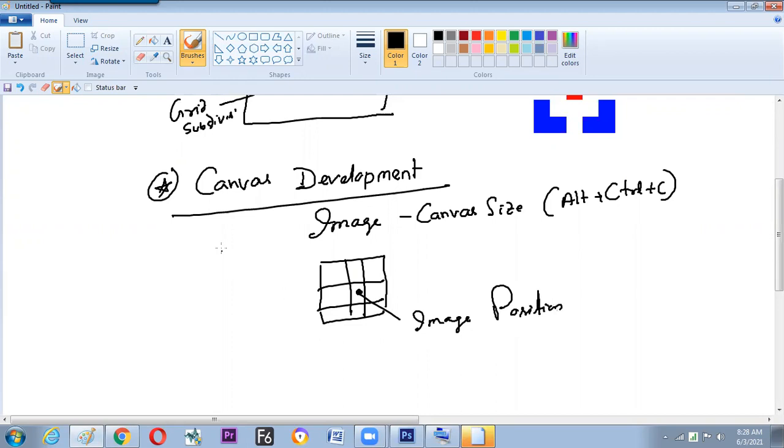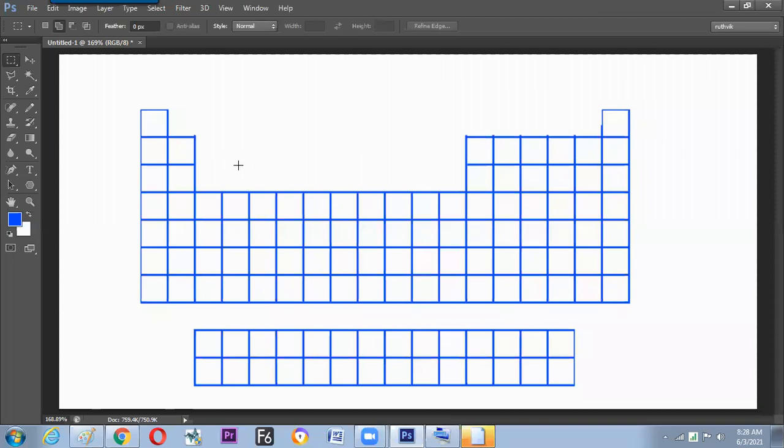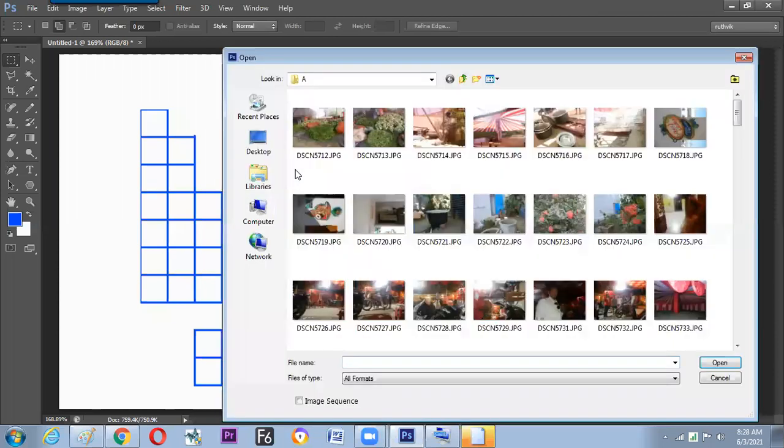This is your image position. Now, let us use this knowledge and make an event. So this part is clear, hope so. Open image, anything.